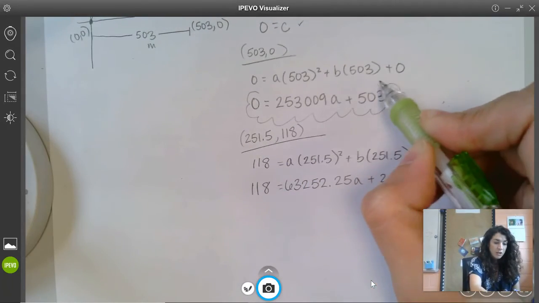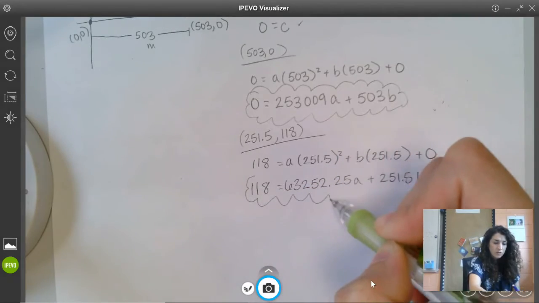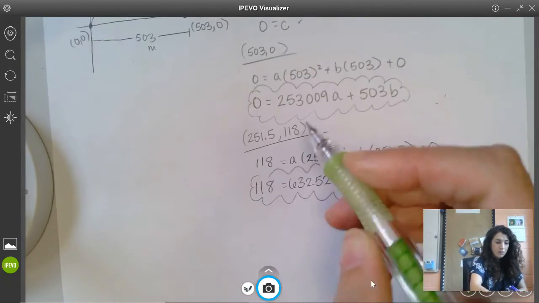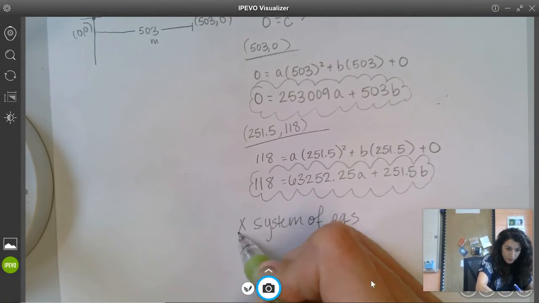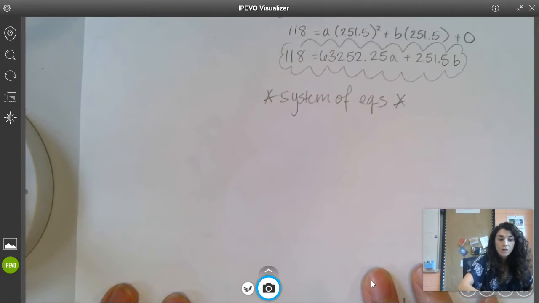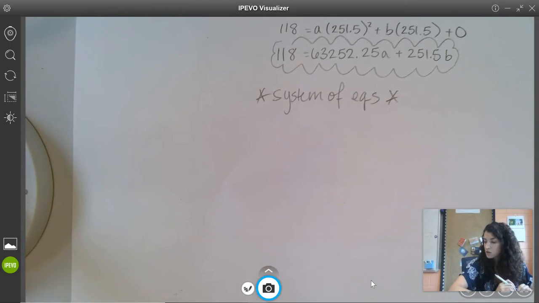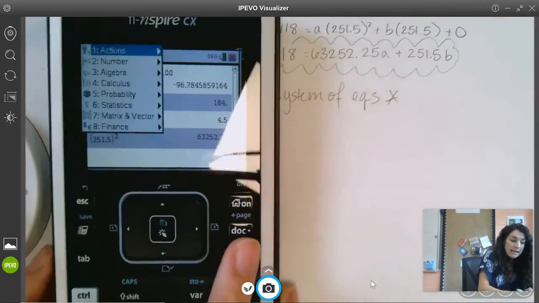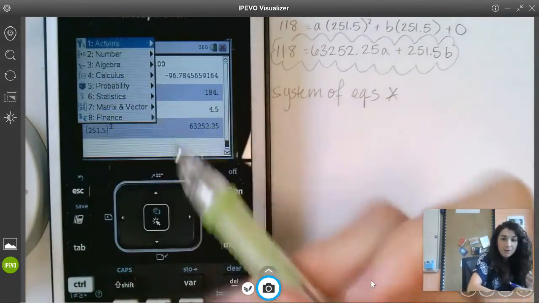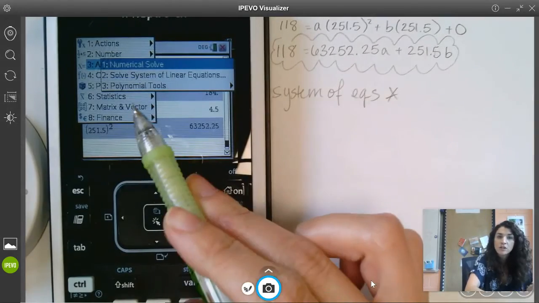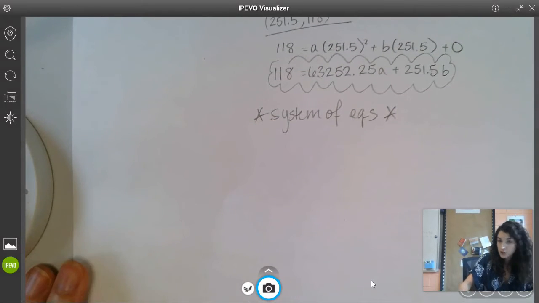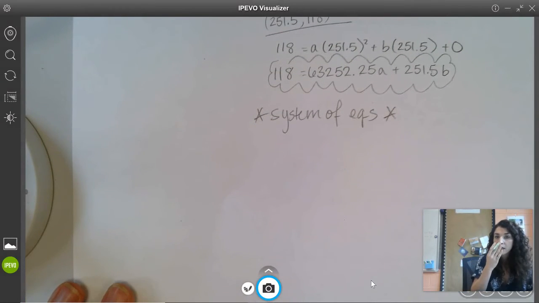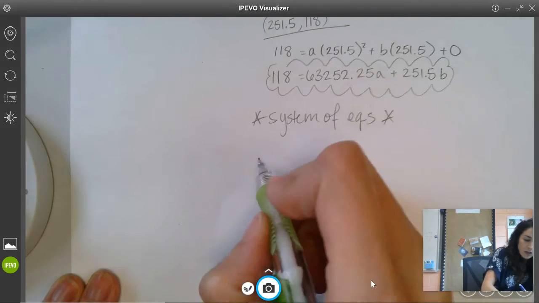You have enough information to solve a system of equations. Go ahead and plug this into your calculator to solve your system of equations. For those of you that don't remember, you need to be in the calculate section of your calculator. We're going to algebra because we are performing algebra by doing a system of equations, and we're solving systems of linear equations. This is linear because notice we don't have any exponents, we don't have any fractions. Okay, you type the values in exactly into your calculator, you press enter, and we get that